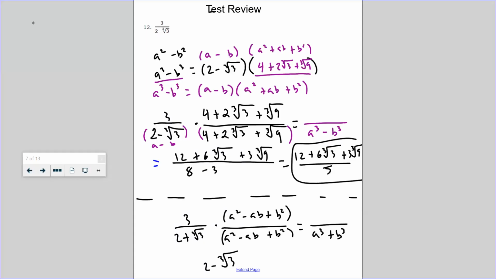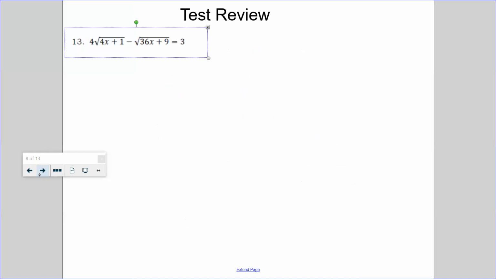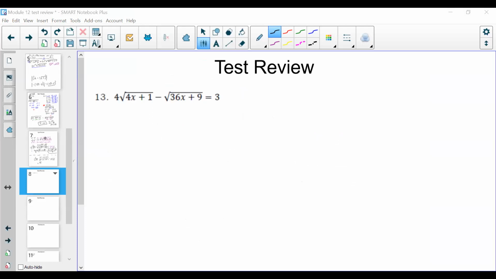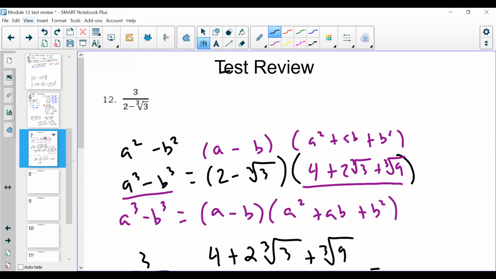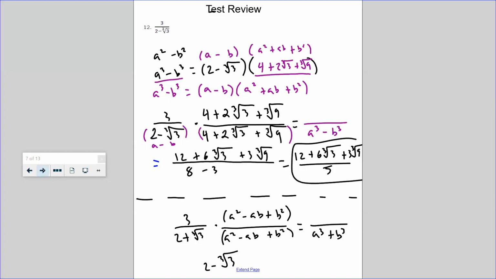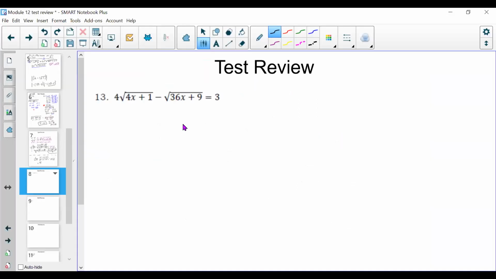All right. Let's keep going. Number 13 on the test review. Can you go back for a second? I need to take a photo of it. Thank you. No problem. All right, number 13. I actually don't want to do this problem. I'm looking at it again. I think number 15 might be a little better, actually, just because this works out to only go 1. Yeah, we're not going to do this problem. Instead,